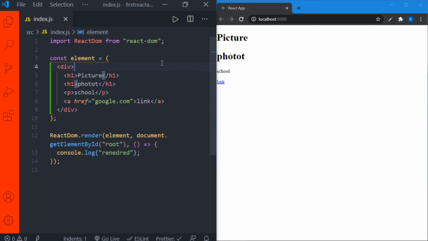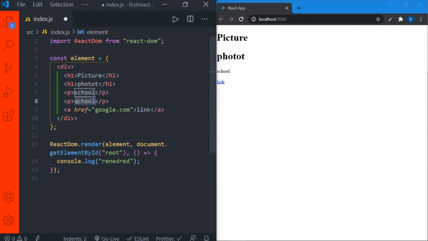Now say if you want to write any expression, say 2 plus 2, you can do that with the help of curly braces. Now I'll just copy this and I'll say value colon, and I'll put here 2 plus 2.